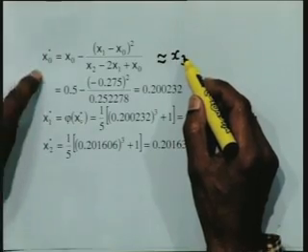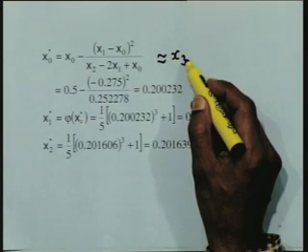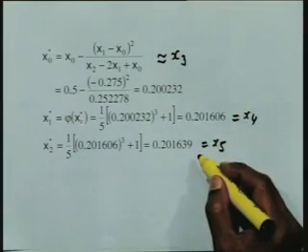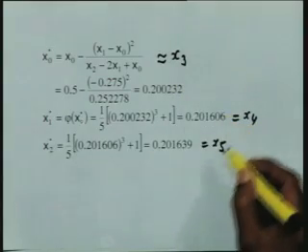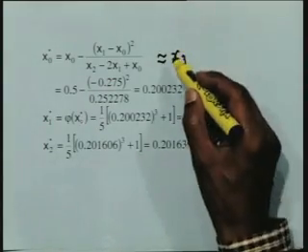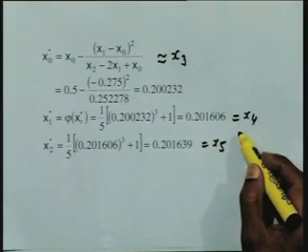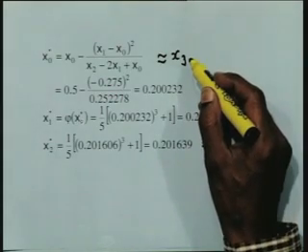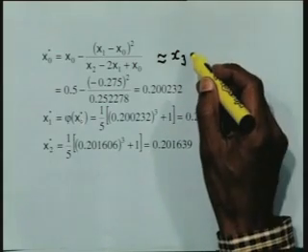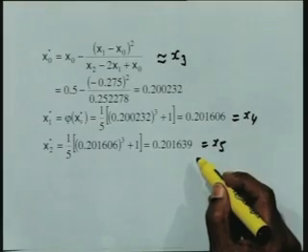Now, whenever 3 values are available for me, I will go for the Aitken's method, because it needs 3 values to have an update. So, now once I have done x3, I will compute 2 values x4, x5. Now, I got x3, x4, x5. Now, what you are saying is why not we take x2, x3, x4? No, the reason is the previous value is a first order, this is a second order, this is a first order, and that will be a mismatch. So, therefore, we will start from this value only and then go ahead for 2 steps x4 and x5. This is a second order result, these 2 are first order results. Now, I will manipulate these 3 to get a second order result.